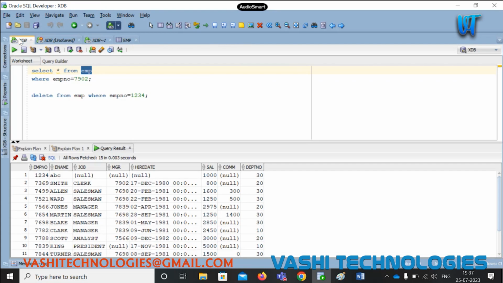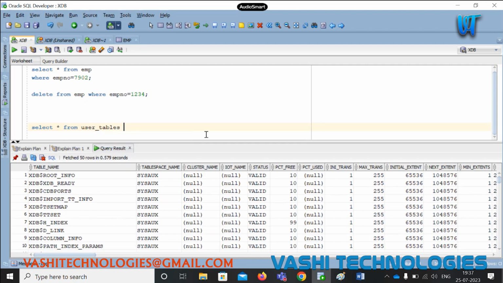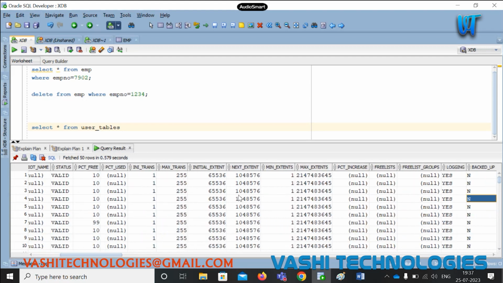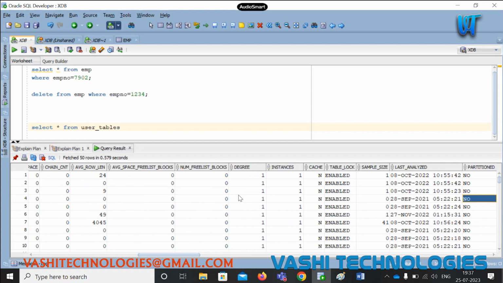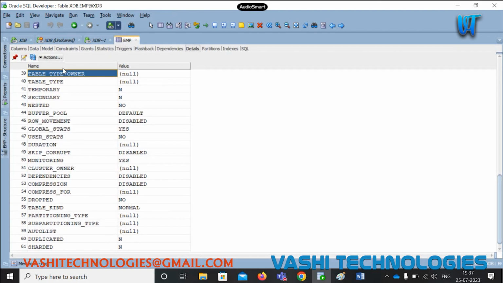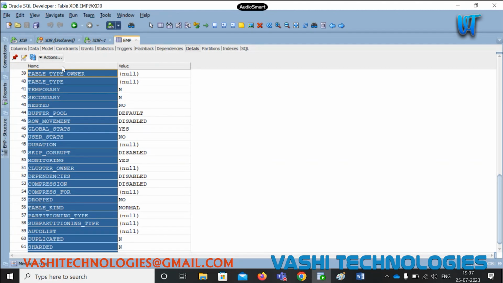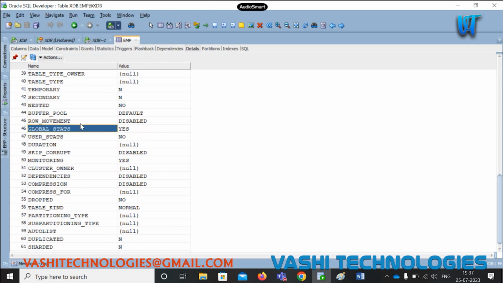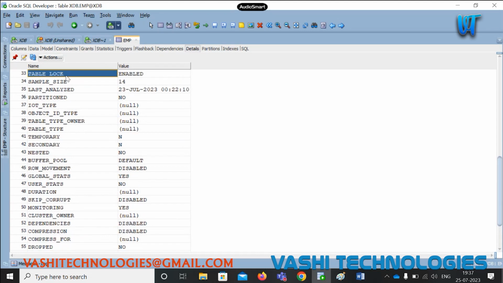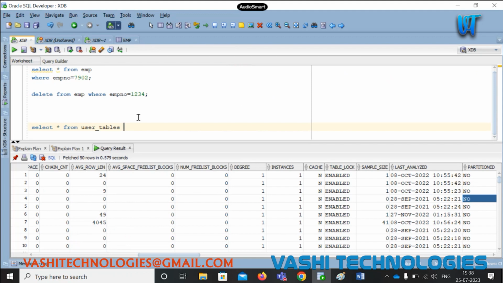Okay, so I'm going into the table in user_tables. I will get that. So let's start from user_. Last analyzed: when the last analysis happened, you can check in this. See, the last analysis happened on 23 July, right? If you want to maintain that, if you analyze the stats now on the table,